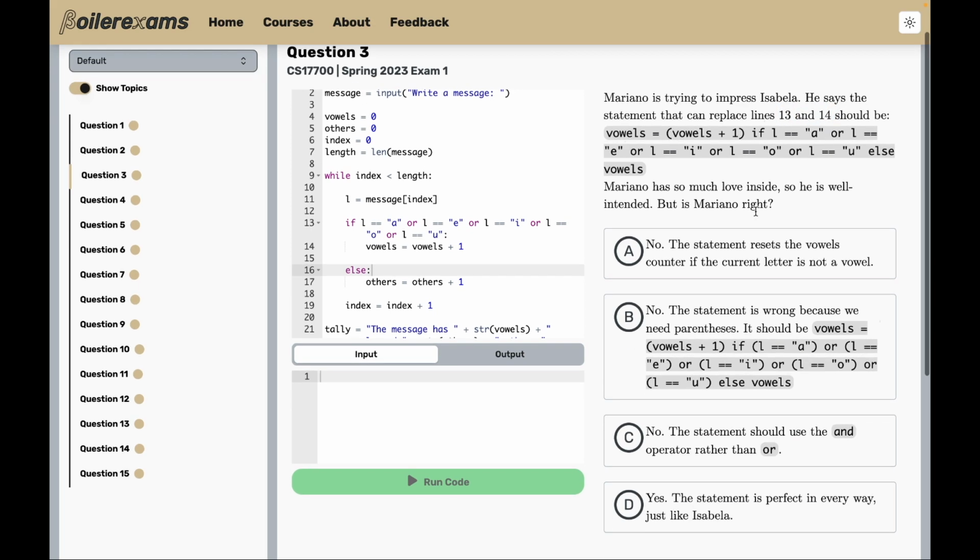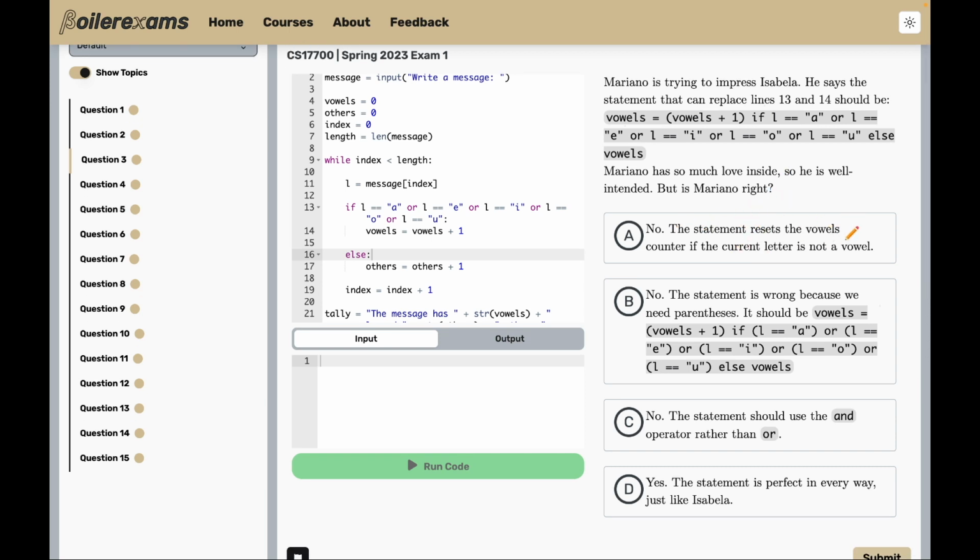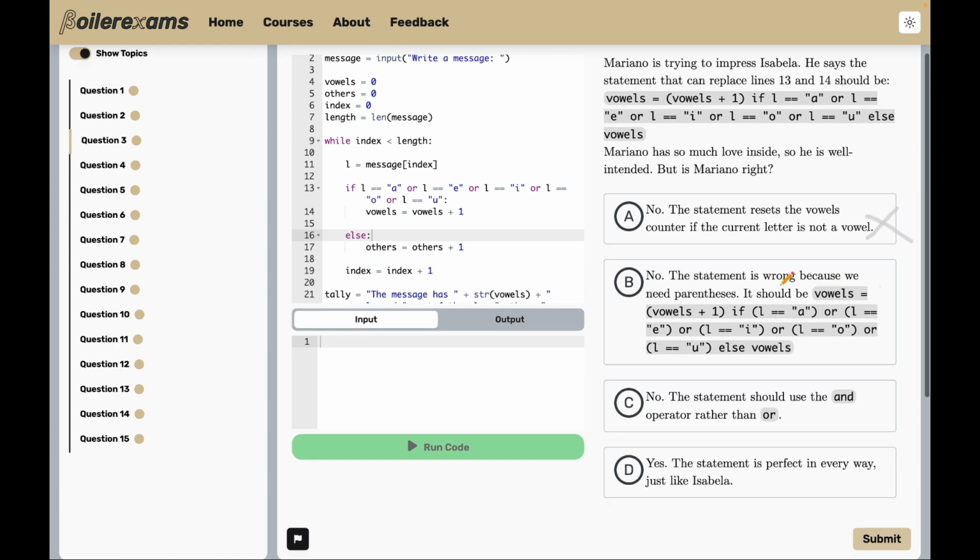And so looking at the options, it says, no, the statement resets the vowel counter if the current letter is not a vowel. So this is what happened in question 2. It was when else was 0 instead of vowels. But in this case, it's not true. No, the statement is wrong because we need the